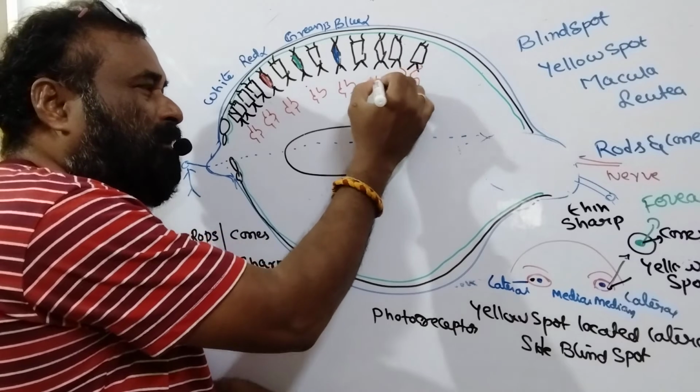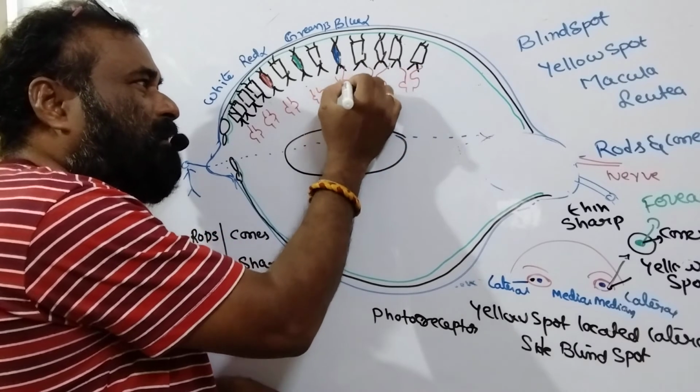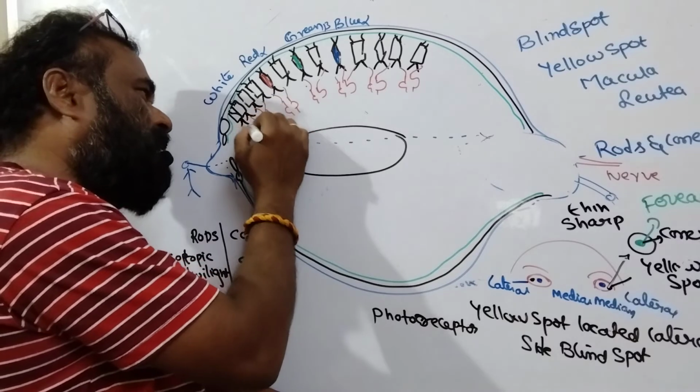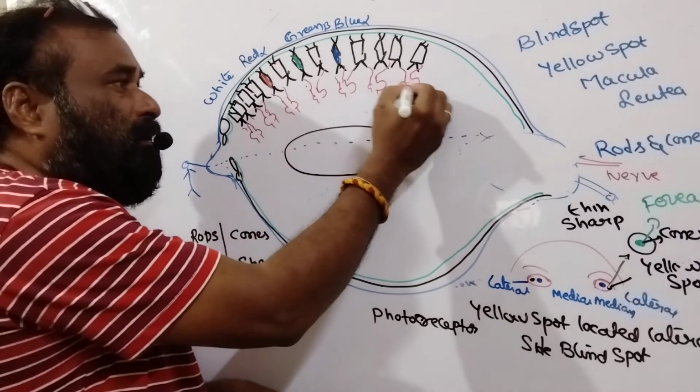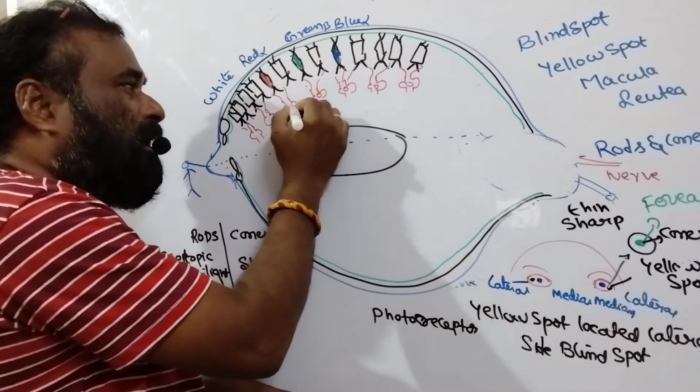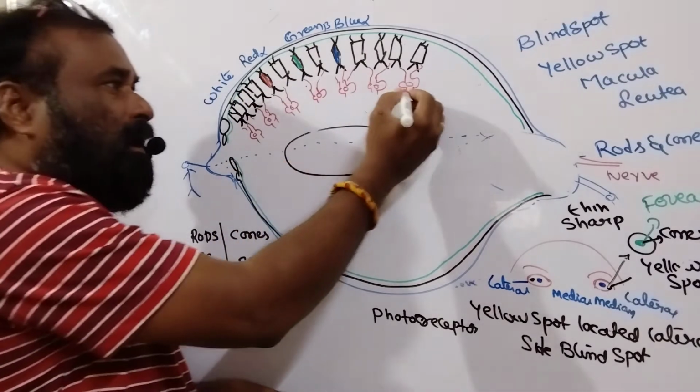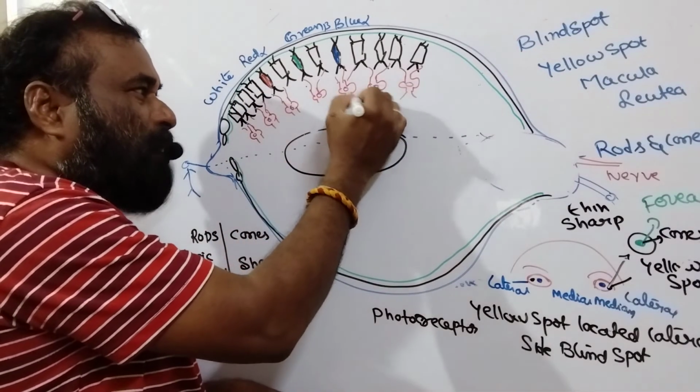It makes synapse with this one, the upper layer, that is the outer layer. It makes synapse like this. The bipolar nerve cell layer makes synapse with the outer end of the photoreceptor layer, and it also makes synapse with